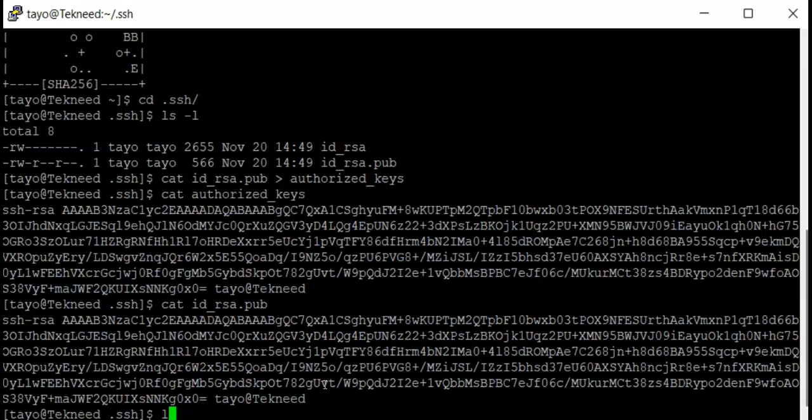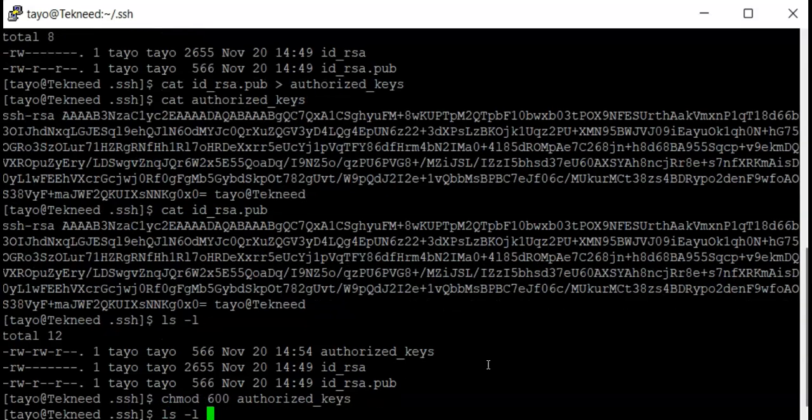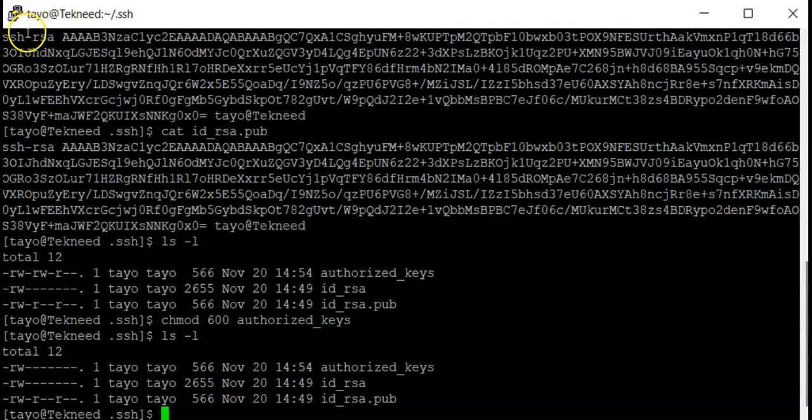So the next thing to do is to change the permission. Let's list this again. You can see that we have the authorized_keys file here. So I'm going to change the permission of this file to 600. I can just do chmod 600 authorized_keys. If I list this again, you can see that the permission has been changed. So now we're done with generating the SSH keys and preparing the system for key-based authentication